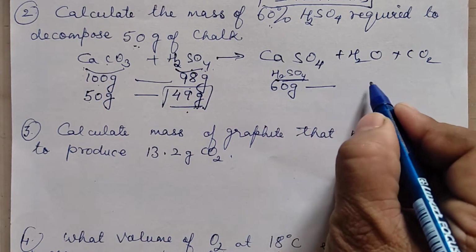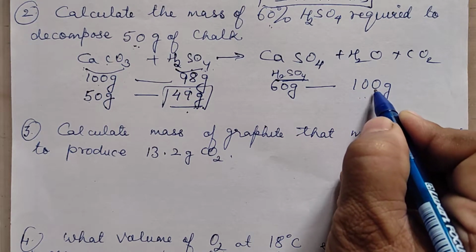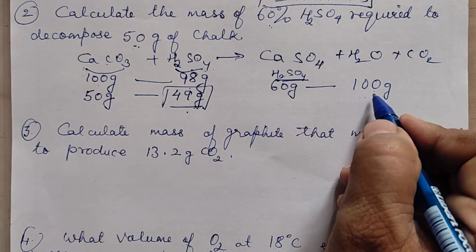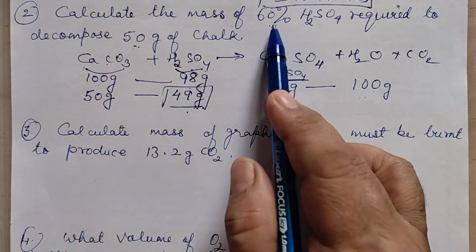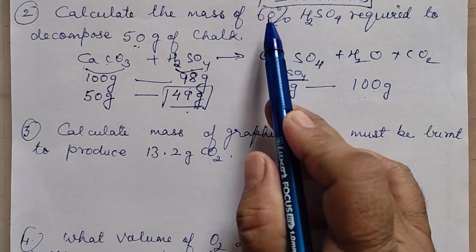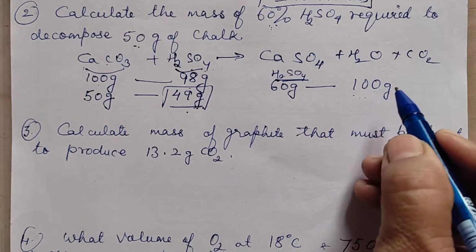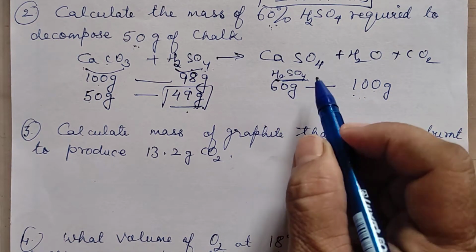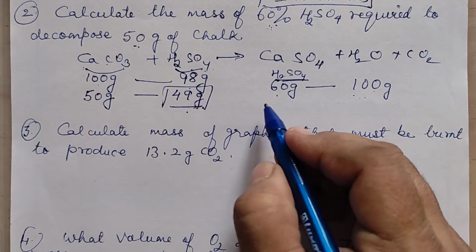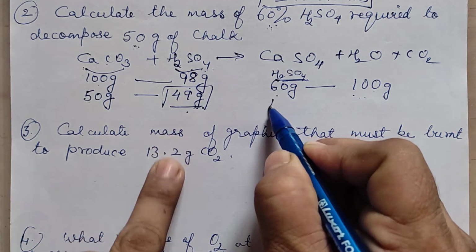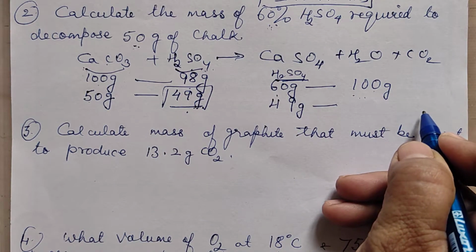60 gram of sulfuric acid is there if it is 100 gram. Means if it is 100% pure. Now what I mean to say is, had this been 100% pure, I am taking in terms of 100 gram. If 100 gram is there, which is not actually possible because it is saying 60%. So 60 gram is present for us, right? So we require how much? 49. So if 49 gram is required, how much should have been present?